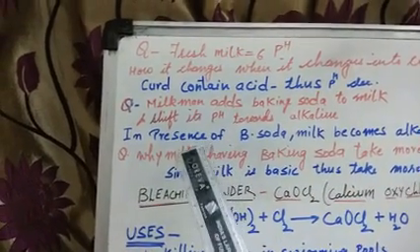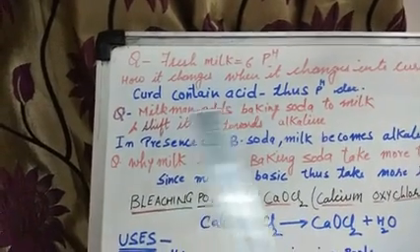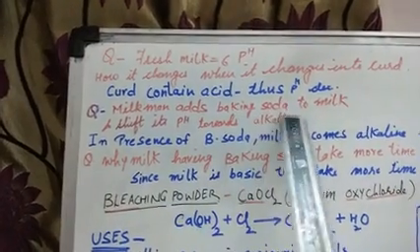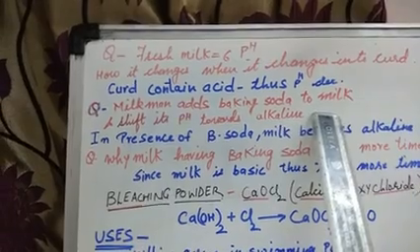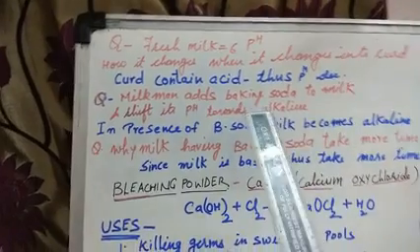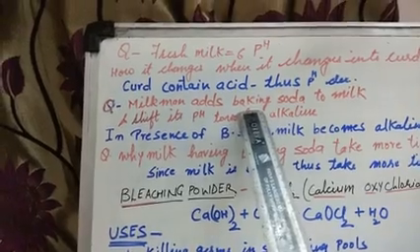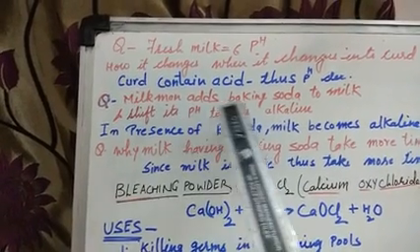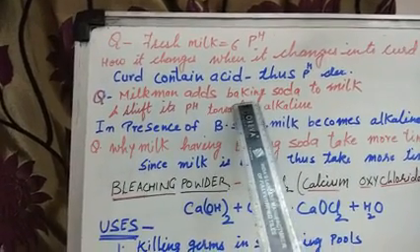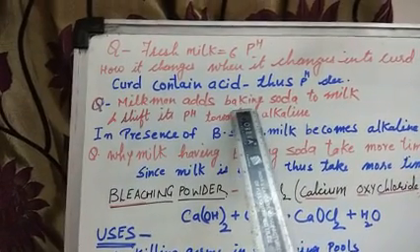One more thing I am telling you, these are all NCERT questions, friends. So I am discussing that. A milkman adds baking soda to the milk. First, I am telling you why the milkman adds baking soda to the milk. Suppose the milkman is bringing milk from far off places to the city, and especially during the summer season milk gets spoiled because of high temperature. So to prevent its spoilage,